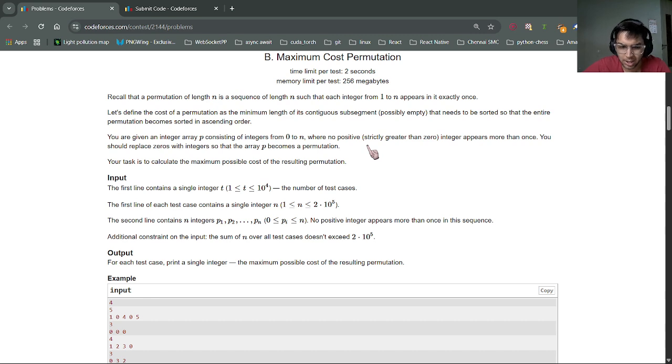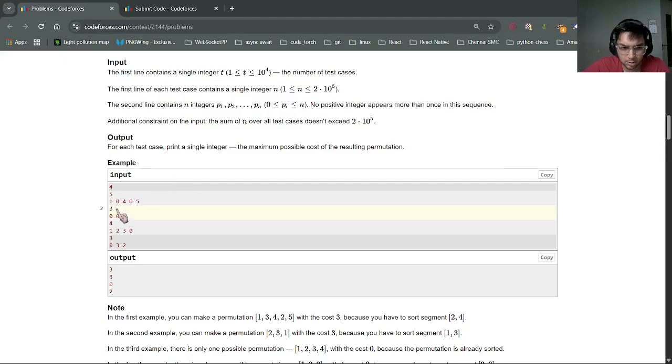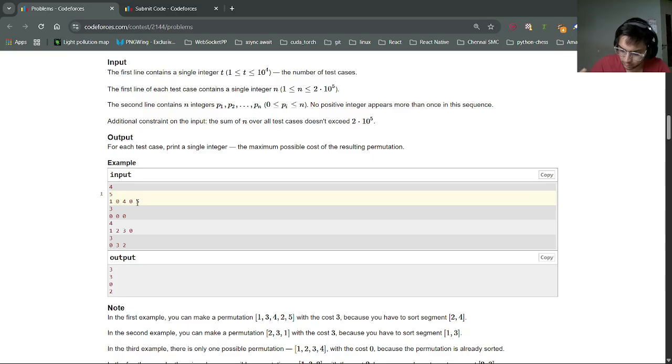तो कौन सा एरे का सबसे छोटा पार्ट मुझे सॉर्ट करना है उसका सबसे छोटा लेंथ क्या है ठीक है। So if I do have 1 2 4 3 5, right, so the 1 and 5 are in the correct place, but 2 is also in the correct place. This is the wrong place. इसका आंसर 2 नहीं है but